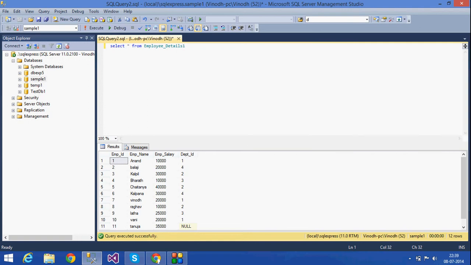For that I have a table called employee details in which I have some data. I am selecting all the data. See, I have four columns in which I have some data. In this, if I want to select star from